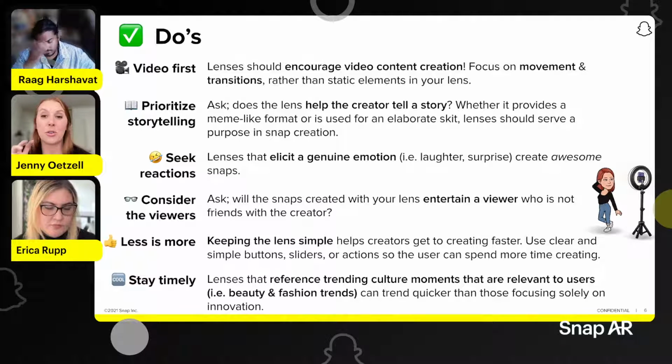And then, rather than focusing solely on making the most technically innovative lens, there are some amazing lenses out there, but we've seen some really interesting and fun success in lenses that happen very quickly, related to a very specific moment that's going on. A reaction to something on TV, or a reaction to something on the internet or in general culture. That may be very specific to your country, and you know it best. So I definitely say capitalize on that in general.